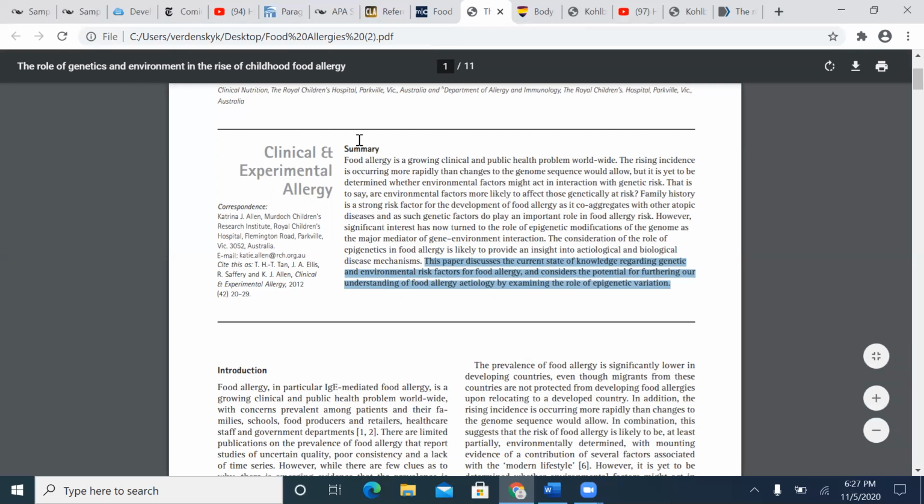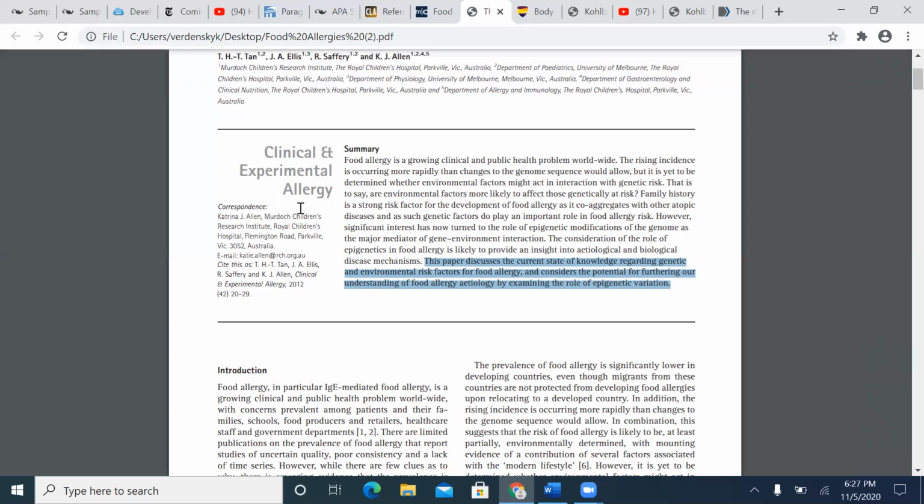So based upon this summary, this would kind of be like our abstract in an APA paper. They're giving a snapshot of what is to come. So just from this summary, I have a lot of really good information. My information is summarized by saying that medical professionals have determined that there is a direct link between both genetics and environmental factors in developing allergies in